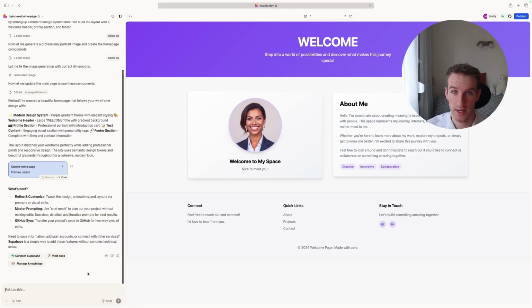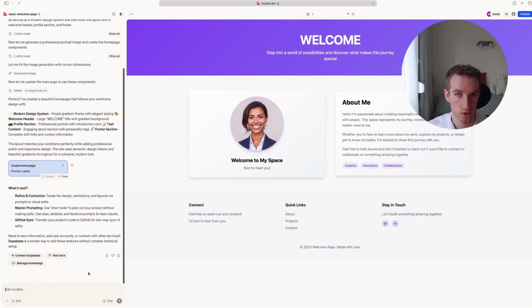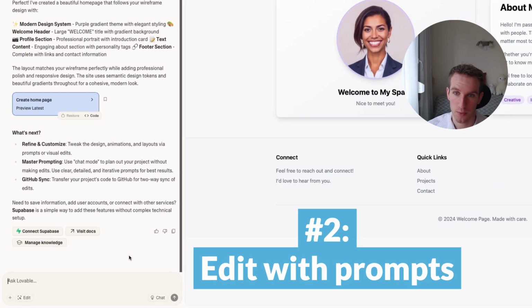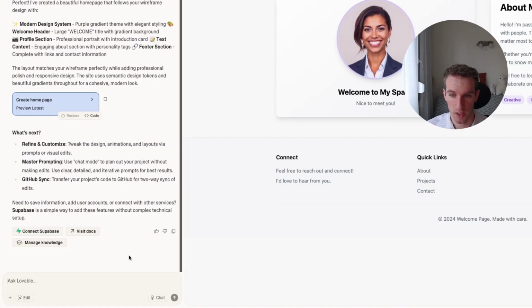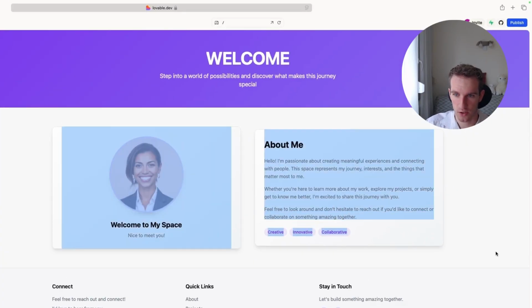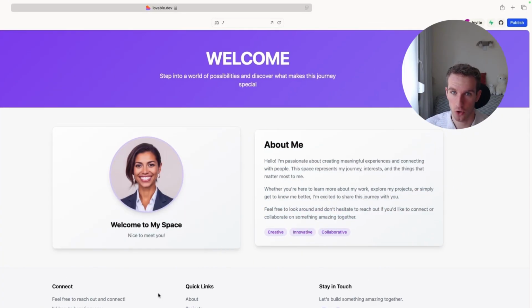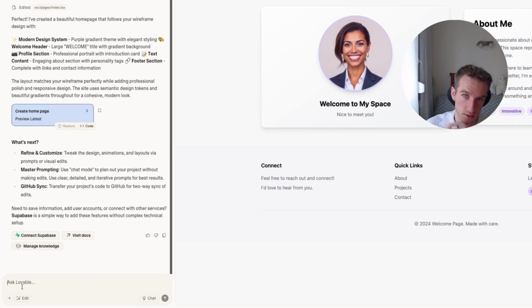The real visual editing I will show you now, but luckily it's very simple. So basically what you're doing is you're leveraging this prompt box to tweak on parts of the website that you want to tweak on. So for example, I can say that below this section, I want to add another section where I can showcase my project. So I'll come here and I will say,